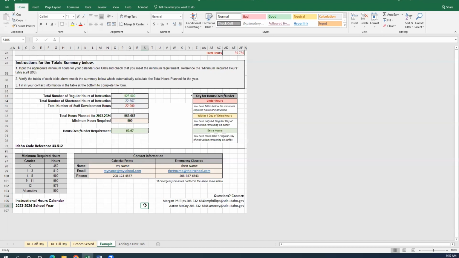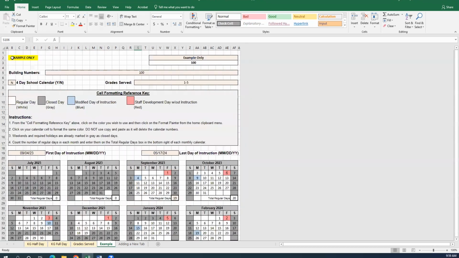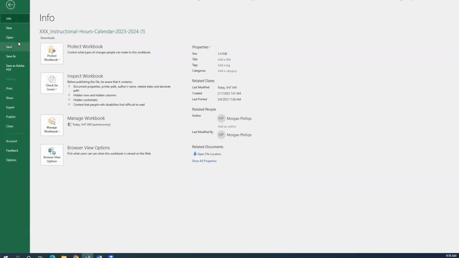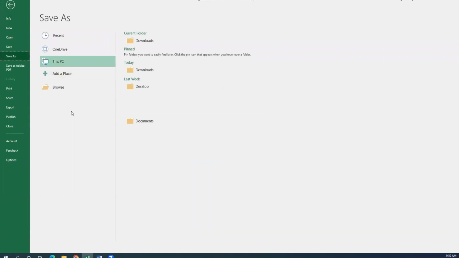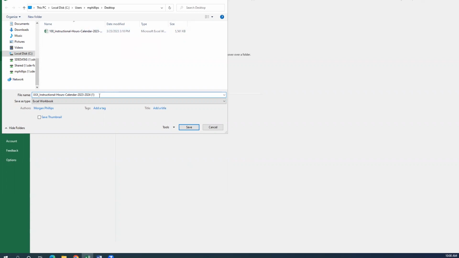Lastly, I'm just going to show you how to save this document and get it submitted. So once everything is done, I have double checked my form and everything looks good, I'll just scroll back up to the top and we'll go ahead and save as. I'm just going to go onto my desktop here. In our file name, we already have it pre-populated with X's for you. This is where you're going to put your district or charter number. For my example, I was example 100, and it'll have the rest of this filled out for you. I'm going to go ahead and save over my example.